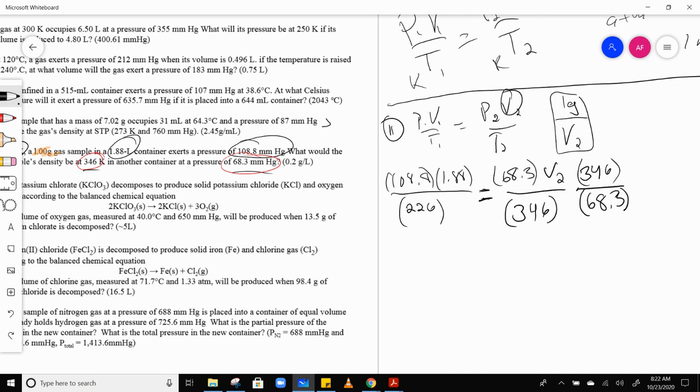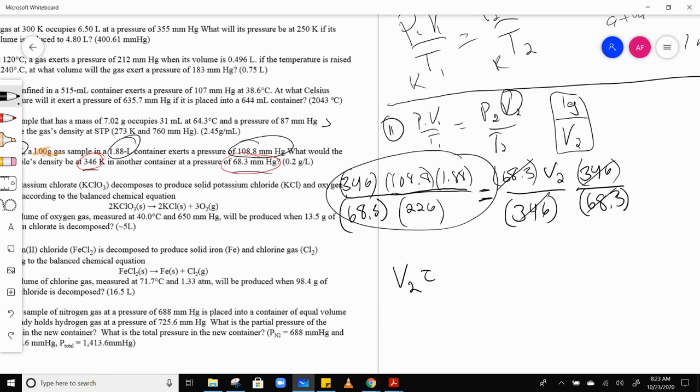But anyway, so these 2 will cancel and these 2 will cancel. But we can't just do that. If we do it to one side, we've got to do it to the other, just like your algebra teacher taught you, I hope. 346 up here and 68.3 down here. Okay, so our new volume is just equal to all this mess right here. So V2 equals, when I do the math here,